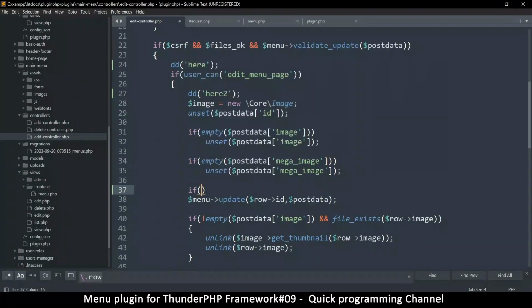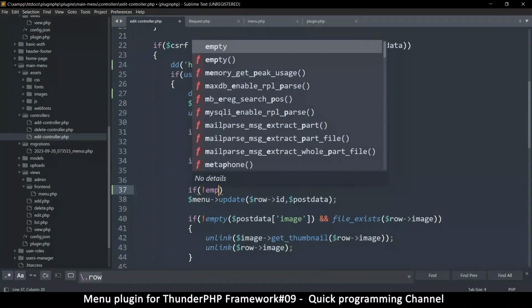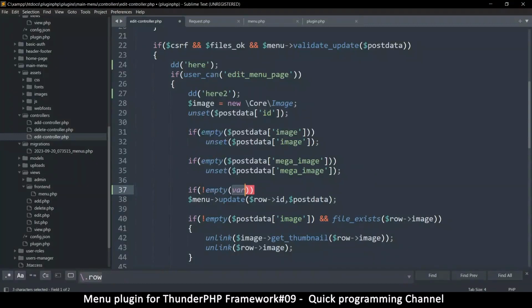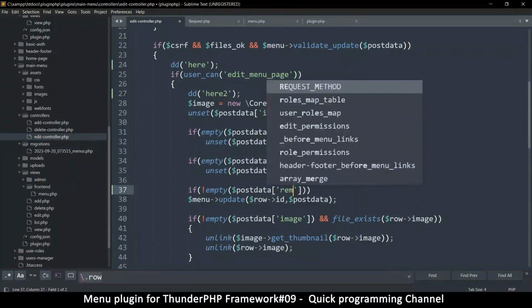So we just say if not empty, if this is set to something, all right? So we'll put a checkbox, and in this case, it's going to be called remove image. So let's do this, post data, and say remove